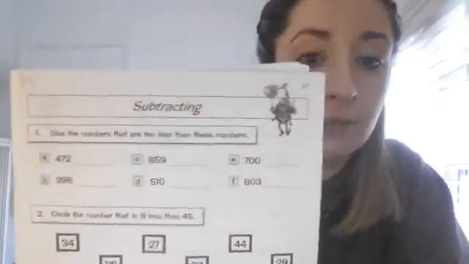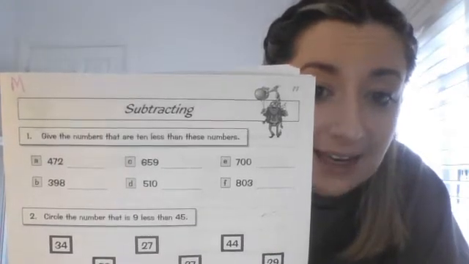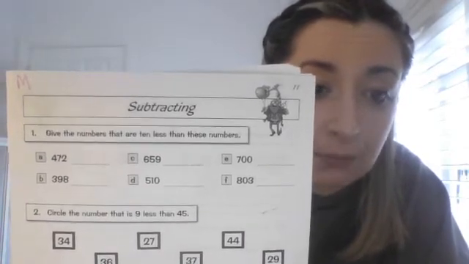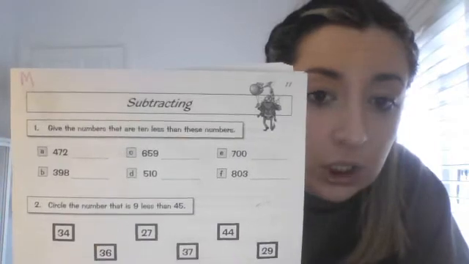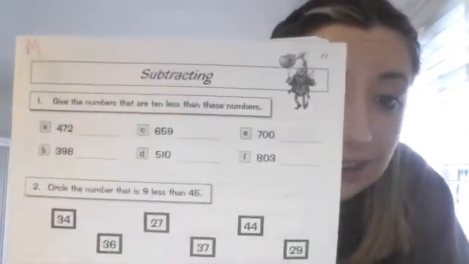Okay, and today we are going to be subtracting. So I'm going to work through each of the 4 sections with you, and then you're going to complete the work step by step. I'm going to look at section 1 first. So section 1 says, give the numbers that are 10 less than these numbers. Now I want us to look at A, the first one, and the number you can see on A is